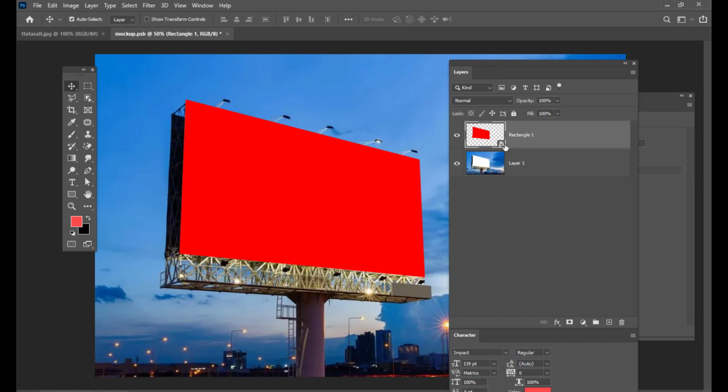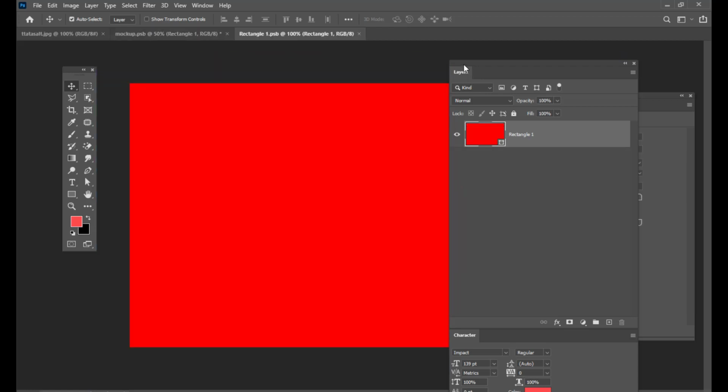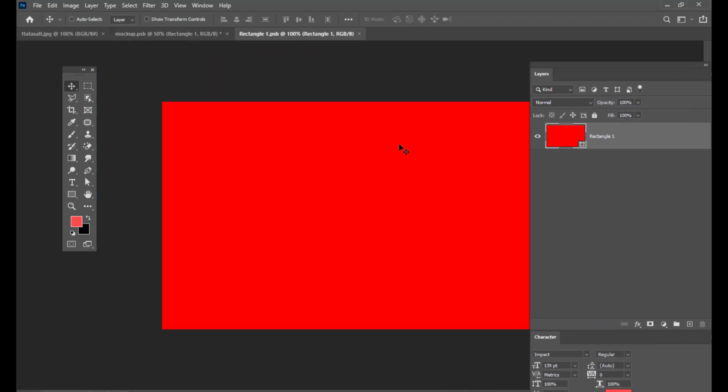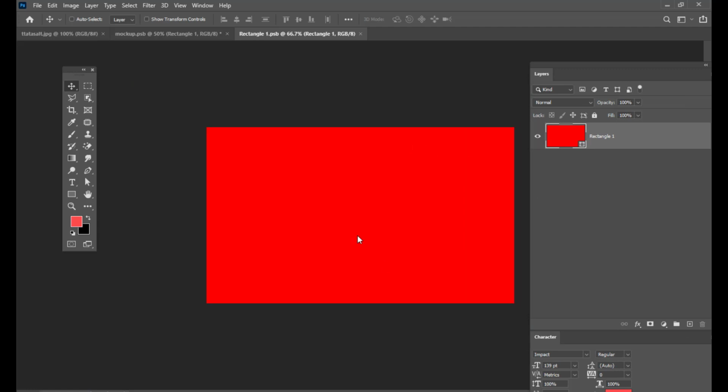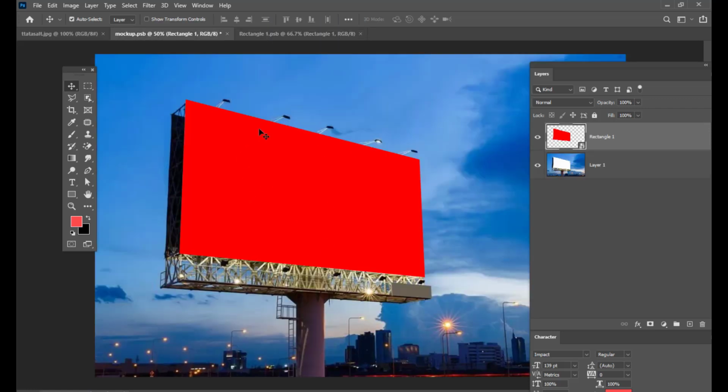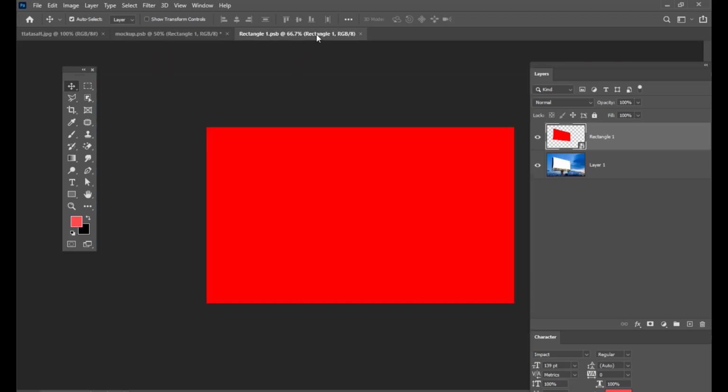You can see an icon here, which indicates that this particular layer is a smart object. Just double click on that icon. Now we are in a new document. Our original document is over here, where we adjusted the rectangle, and this one is inside the smart object.